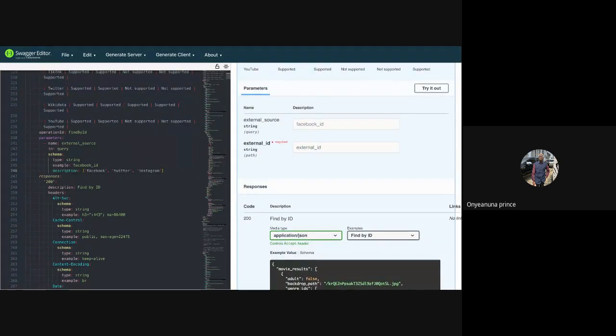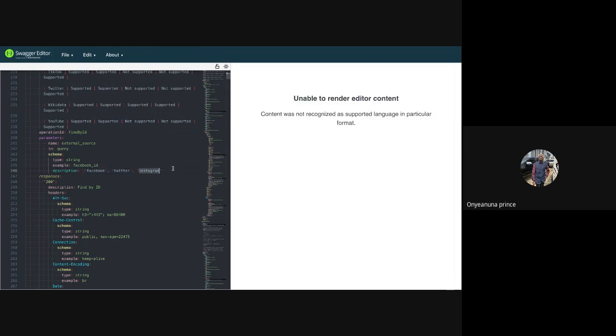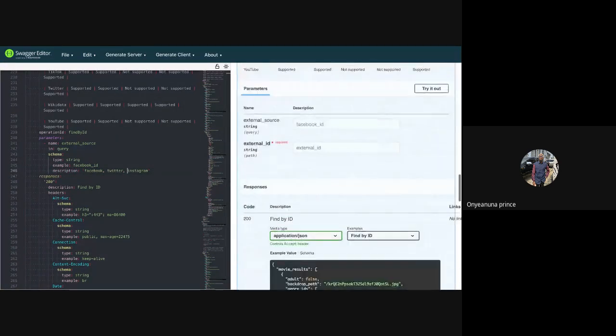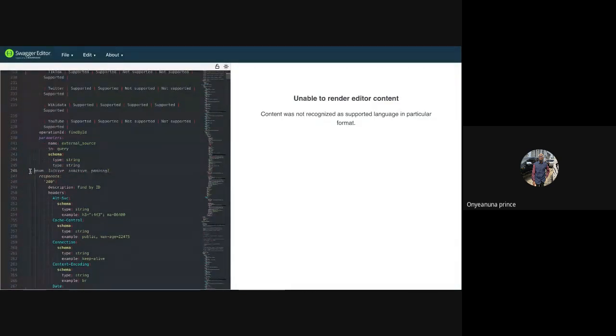Okay, this is not working as I expected. However, if you were going to do this, let's try this out. Okay, this is not what I expected. However, you should not have something like this. The point is, if you need something that describes your endpoints in a way that everything works correctly,